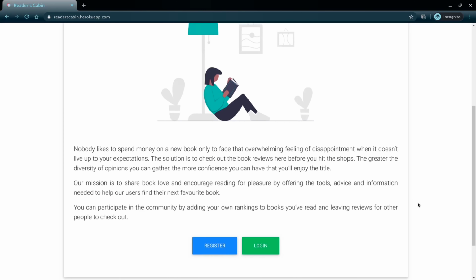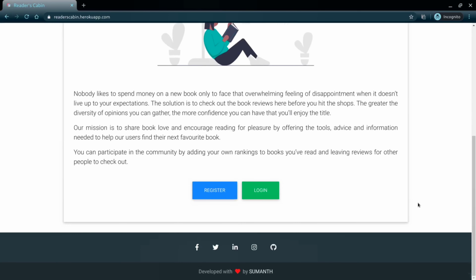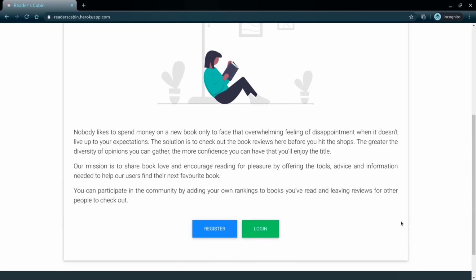So what is Reader's Cabin? Well, it is basically a book review site in which users will be able to search for books, leave reviews for individual books, and pull ratings of websites from a broader audience. But first, the user must register and log in in order to access the library. For developers, Reader's Cabin has a feature to let users query for book details programmatically via my website's API, which